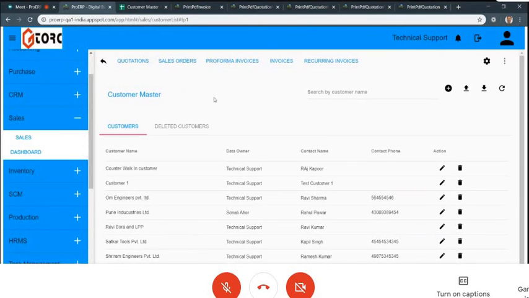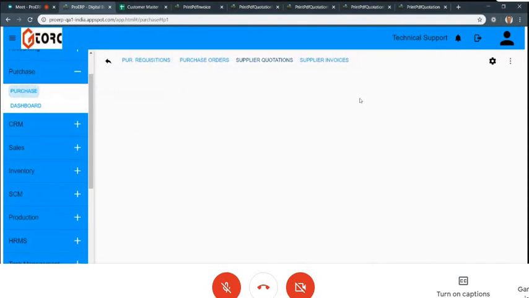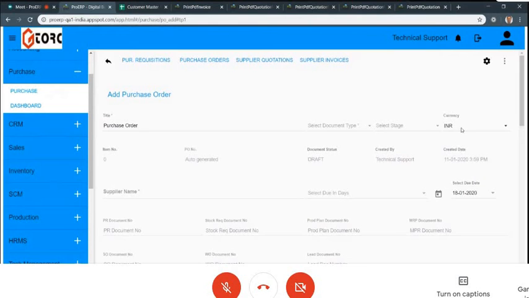Okay, one more question. Now, let's say we get a purchase order in dollars. How do we deal with that? Your own purchase order, I am saying, you can put it in dollars or convert it to Indian rupees. Your choice. You have all the world's possible currencies available.